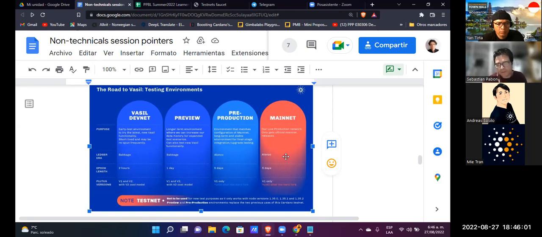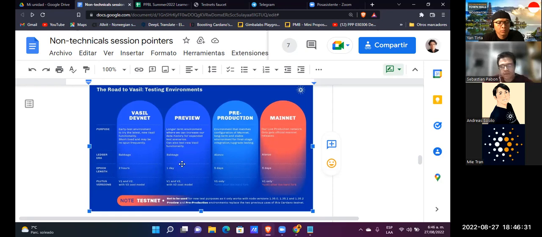We hope in the next weeks or in the short term, the pre-production testnet will be updated to the current era, the Babbage era. Pre-production is an environment that matches the configuration of mainnet, for final stages of integration.